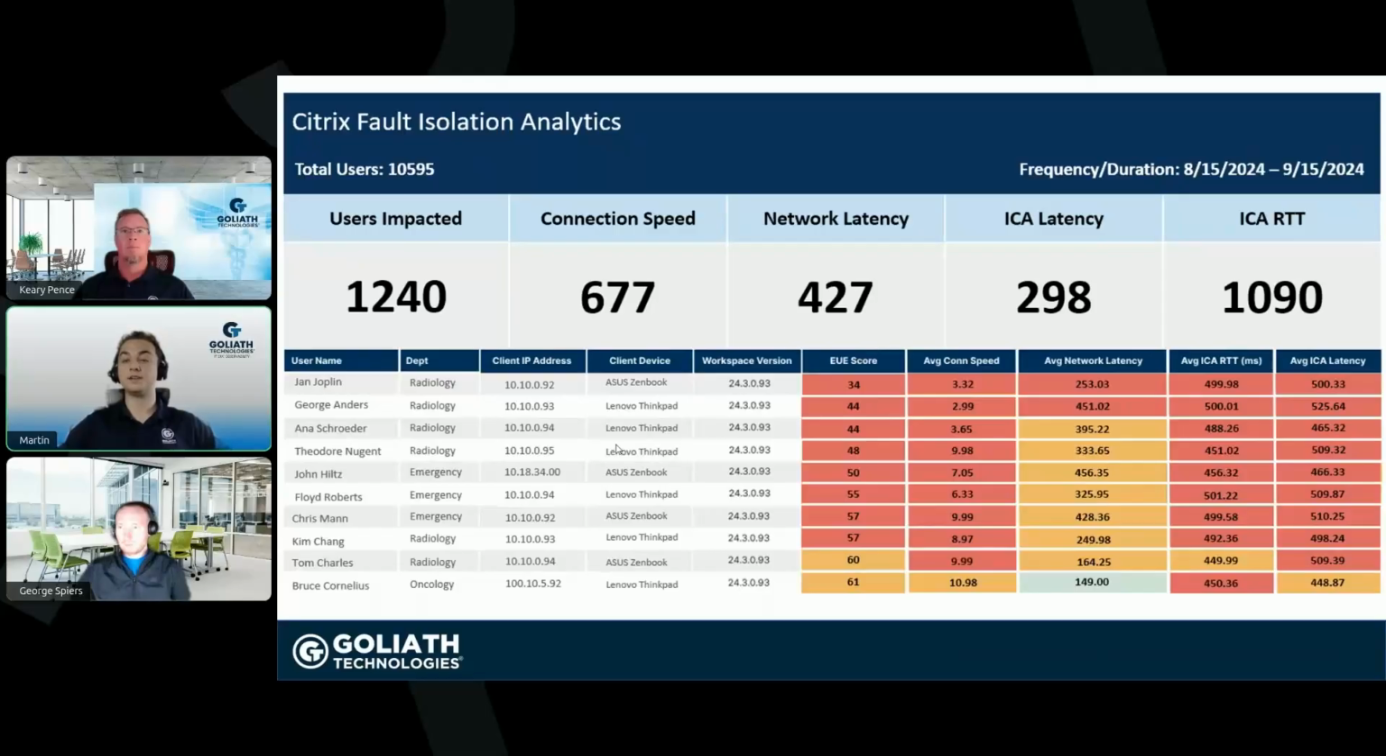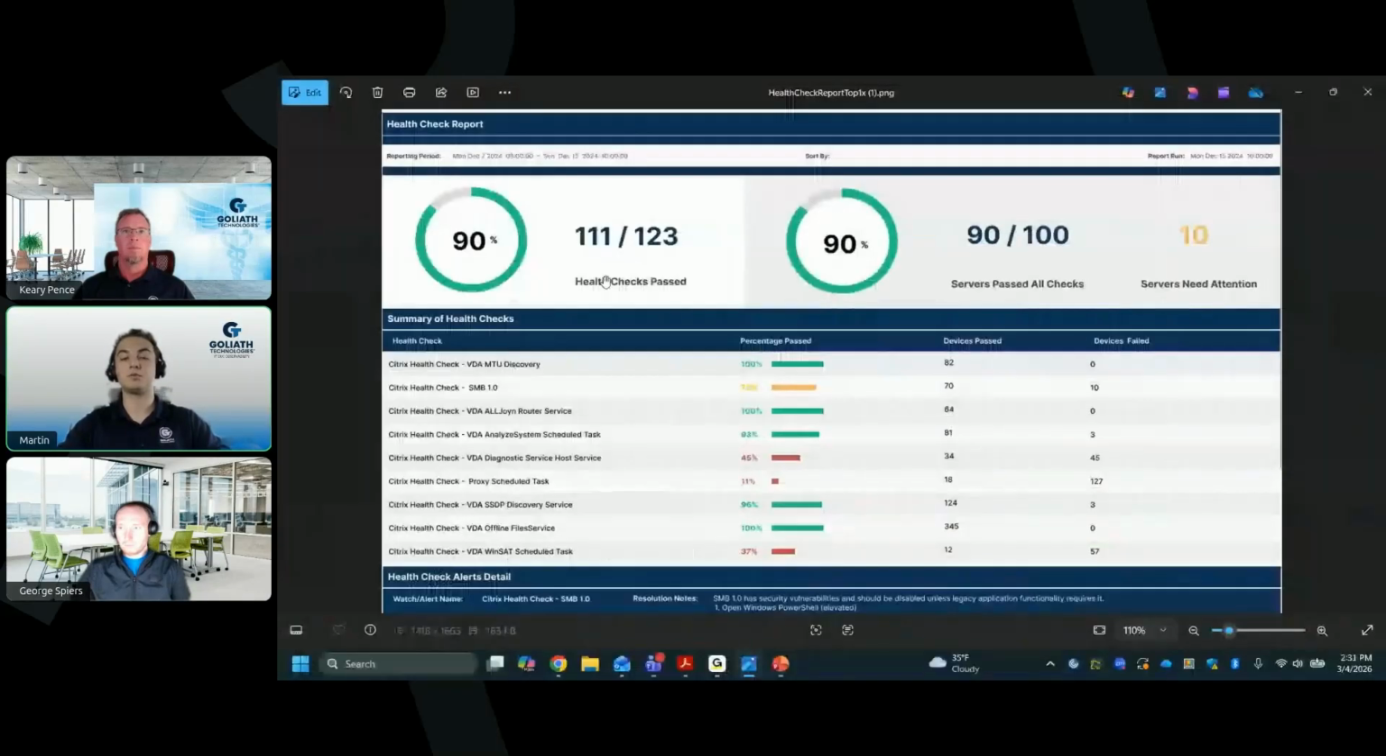One other point I will make, since you mentioned in there, George, the need for a health check, right? The ability to say and prove that my environment is working as intended or is configured to industry best practices. Goliath even provides the ability to execute that type of health check on demand or on a regular basis as well. You'll see another one of our reports here that allows Goliath to go out and check your entire environment,